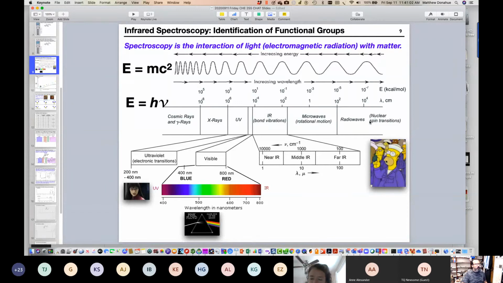So the relationship between energy and wavelength is an inverse relationship. In the spectrum here, radio waves are at the low end. You get the microwaves, that's how you heat up your food. The microwaves hit the water that's present in your food. They start moving really fast. That makes the food hot and tasty. Then you get into IR, which we're going to study. That stands for infrared. Then you have the visible. Infra means before red, Roy G. Biv. That's what I learned in grade school about the rainbow. Then you get the violet, ultraviolet.